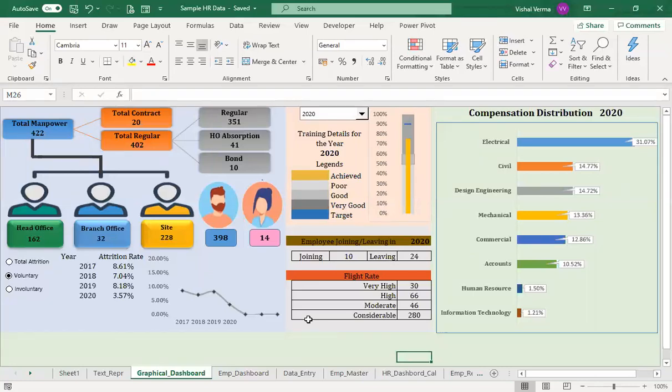So when we are talking about the HR dashboard, the fundamental work that is represented in the form of the dashboard comes from the data that is available to HRs.